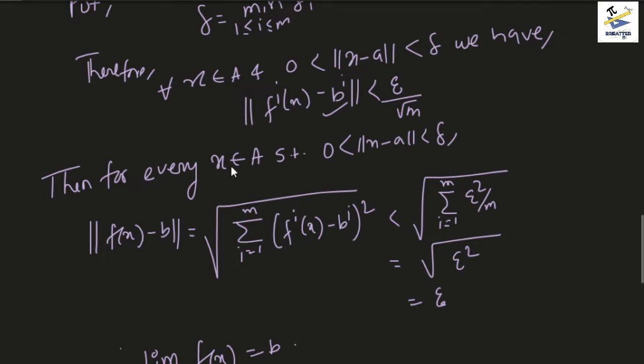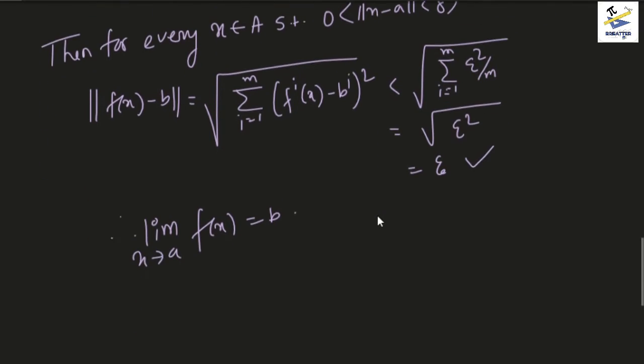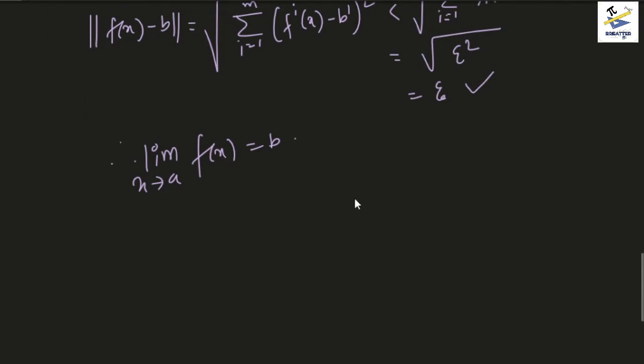And now for every x belongs to A and 0 less than norm of x minus a less than delta, we had the norm of f of x minus b equals root over the summation of i equals 1 to m of (f_i of x minus b_i) squared, which is less than the root of the sum from i equals 1 to m of epsilon squared by m, which turned out to be epsilon, which means limit x tends to a, f of x is b. Now to do the converse part,